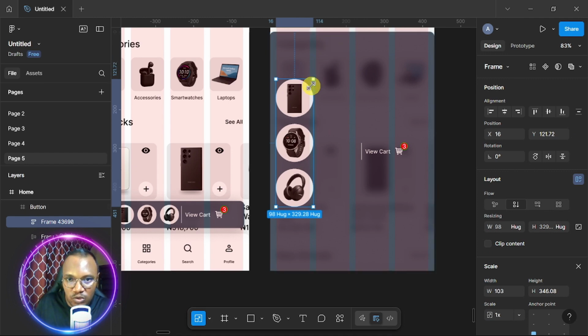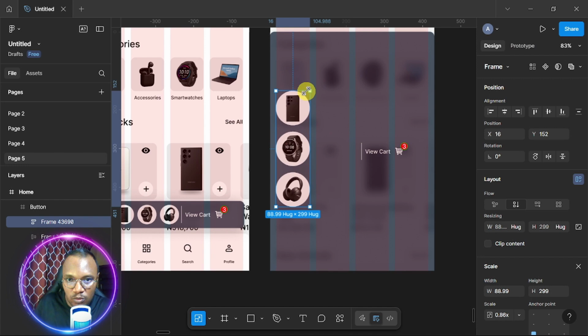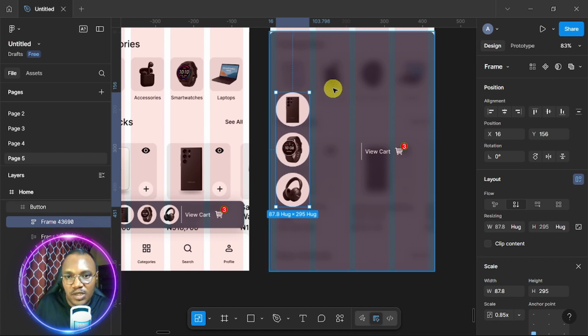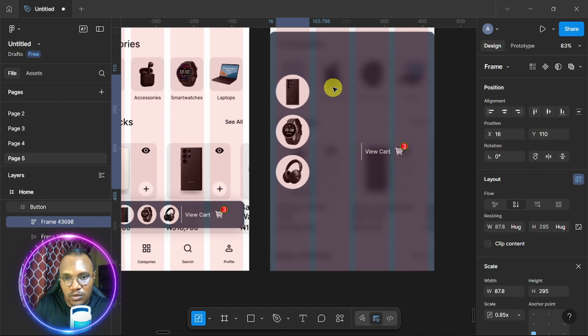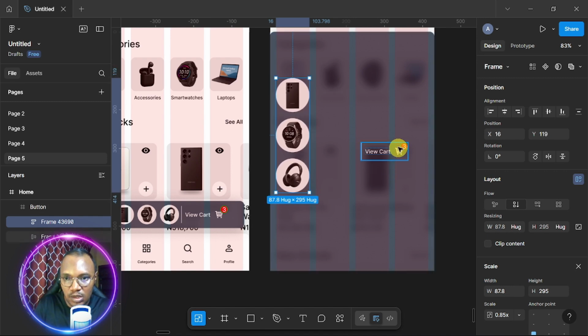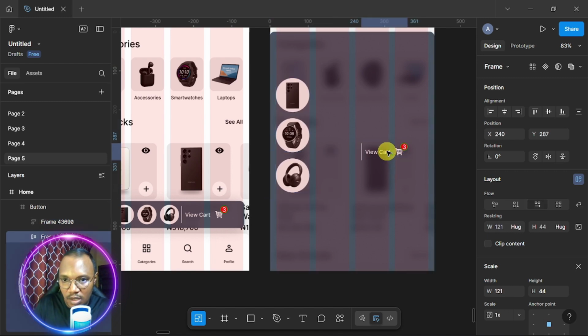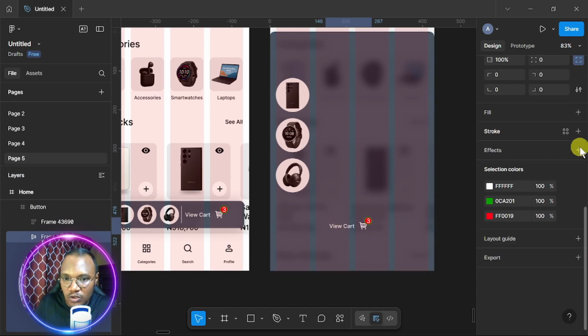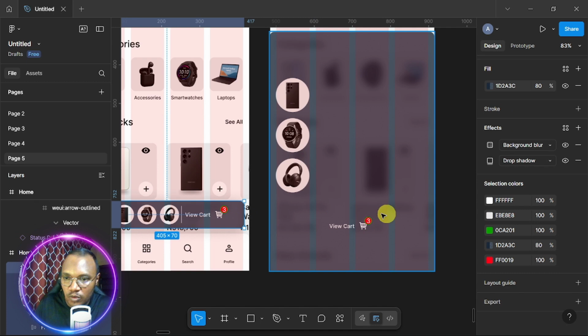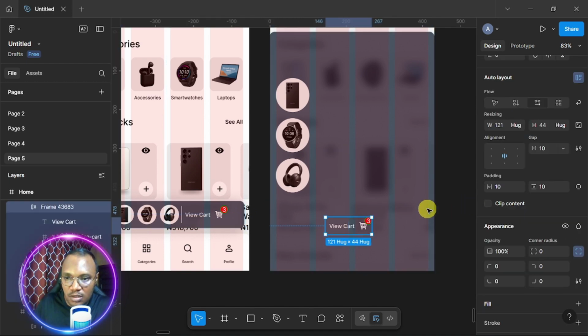I just wanted to take one portion of the column, one of the columns, so something like this is okay. I'll bring it up a little. Then this over here, I'm going to bring it down. I'll click on this, just minus, remove the stroke. Now once I've removed the stroke, it's time to get this button. The button, I'll come over here, I'll say